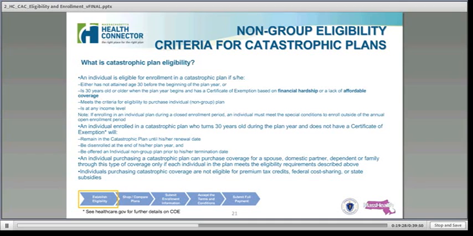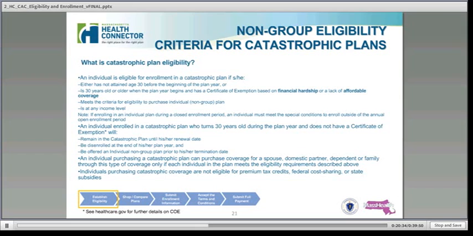An Indian is defined as a person who has either been verified as having Indian status or is attested to being an Indian and is awaiting verification of Indian status. Determination for special treatment for American Indians and Alaska Natives regarding enrollment and cost sharing must be made regardless of whether the applicant requests such a determination. An American Indian or Alaska Native must meet all other eligibility criteria and must also meet enrollment criteria. And an American Indian or Alaska Native may enroll in a QHP or change from one QHP to another one time per month. This is different than other folks, so you may want to mark that off.